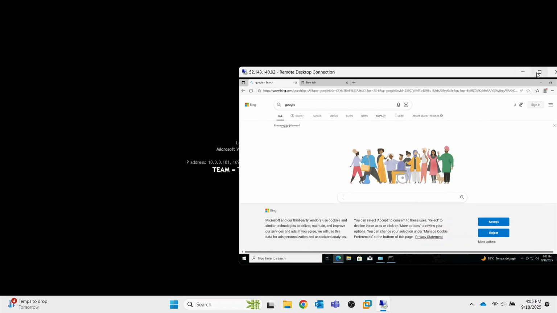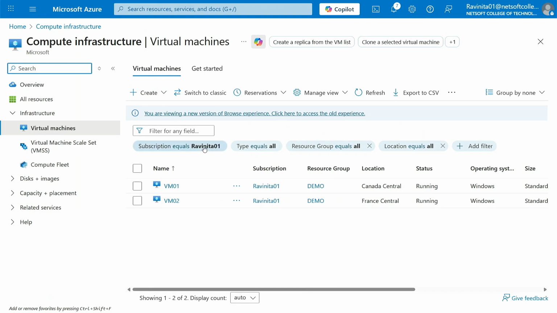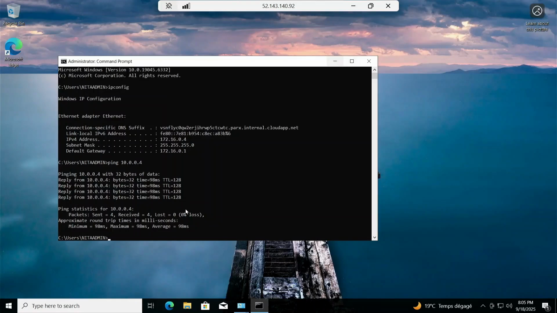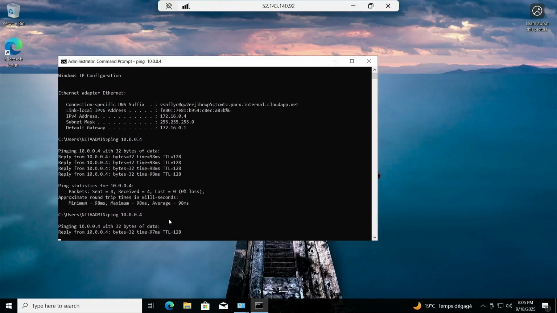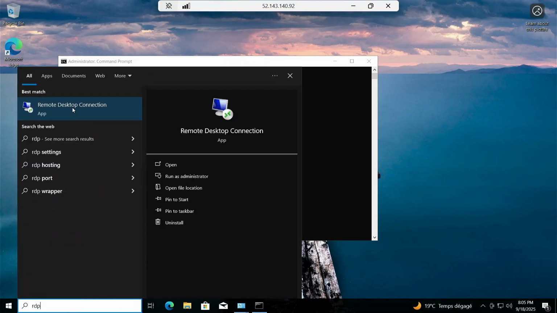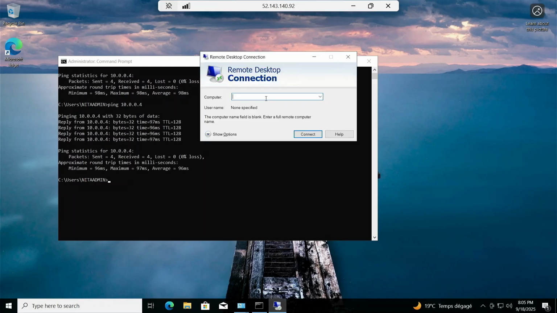Now, how will I test it? Remember, I stopped this machine from going to the internet. But there is still a route which is valid. That route is that the machine can at least talk with the private network. So what if from machine number 2, let me ping it to show you. See, I can still reach this machine. So what if from machine number 2, I RDP to machine number 1,